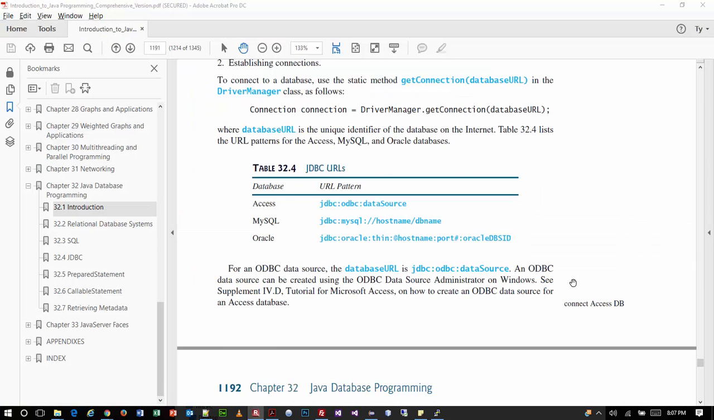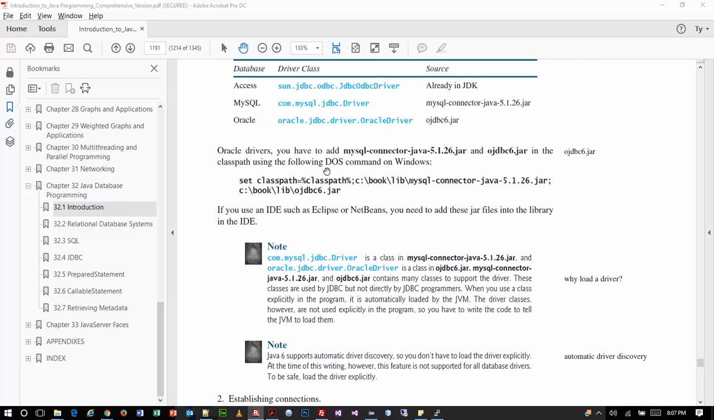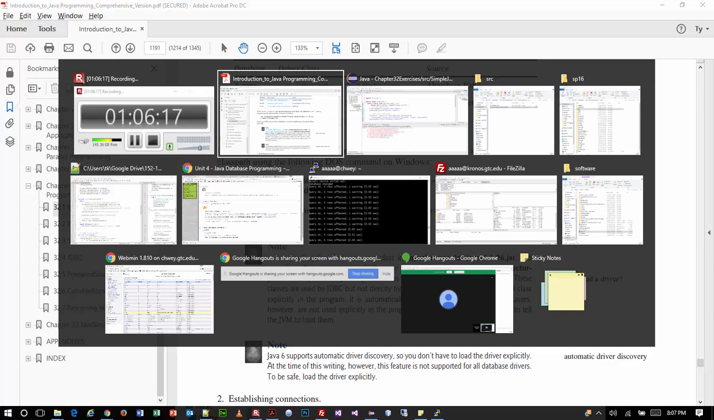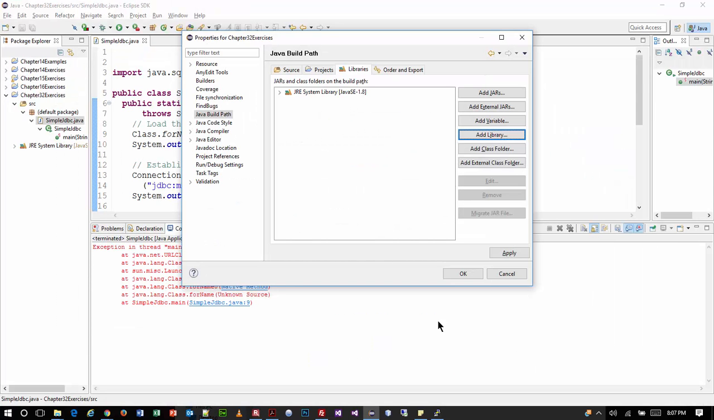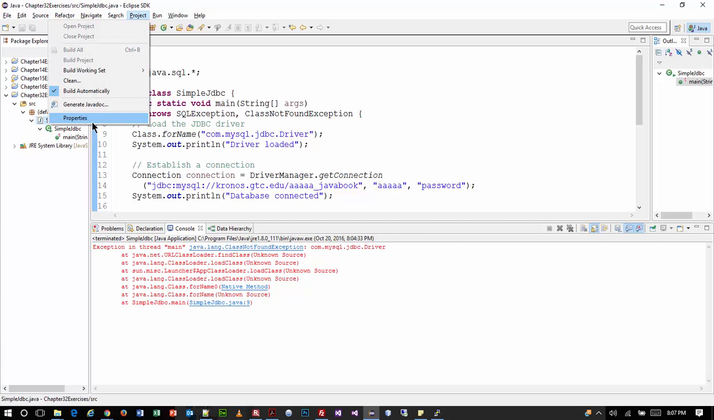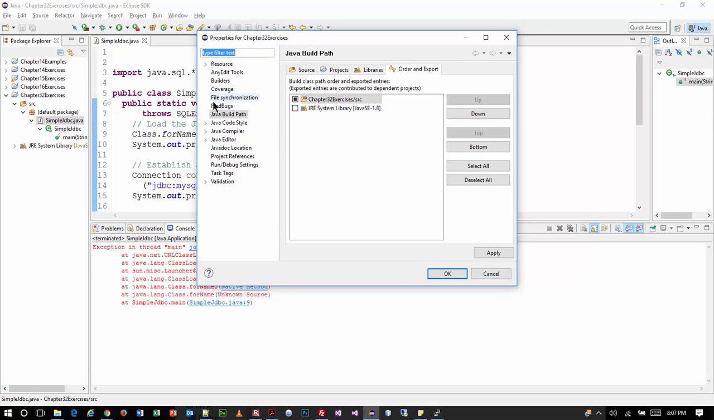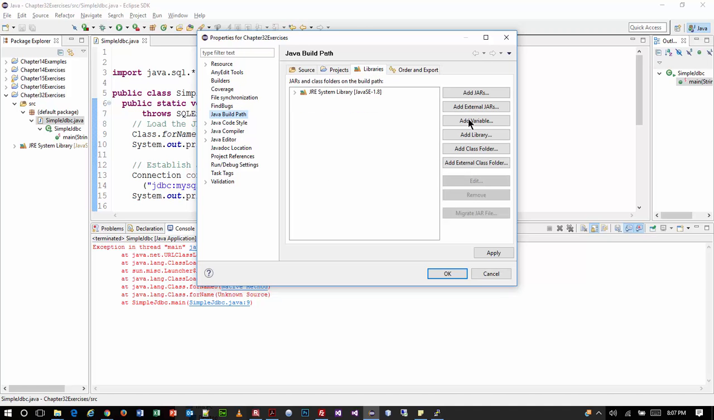All right, I finally got a student to look it up in the book, so I don't have to. A little further up. Okay. It says if you use an IDE such as Eclipse or NetBeans, you need to add these jar files into the library in the IDE. So for us, in Eclipse, at least that's what we're using right now, let me just show you how to get here. You go to Project, Properties, go to Java Build Path, click on Libraries, add the jar file,